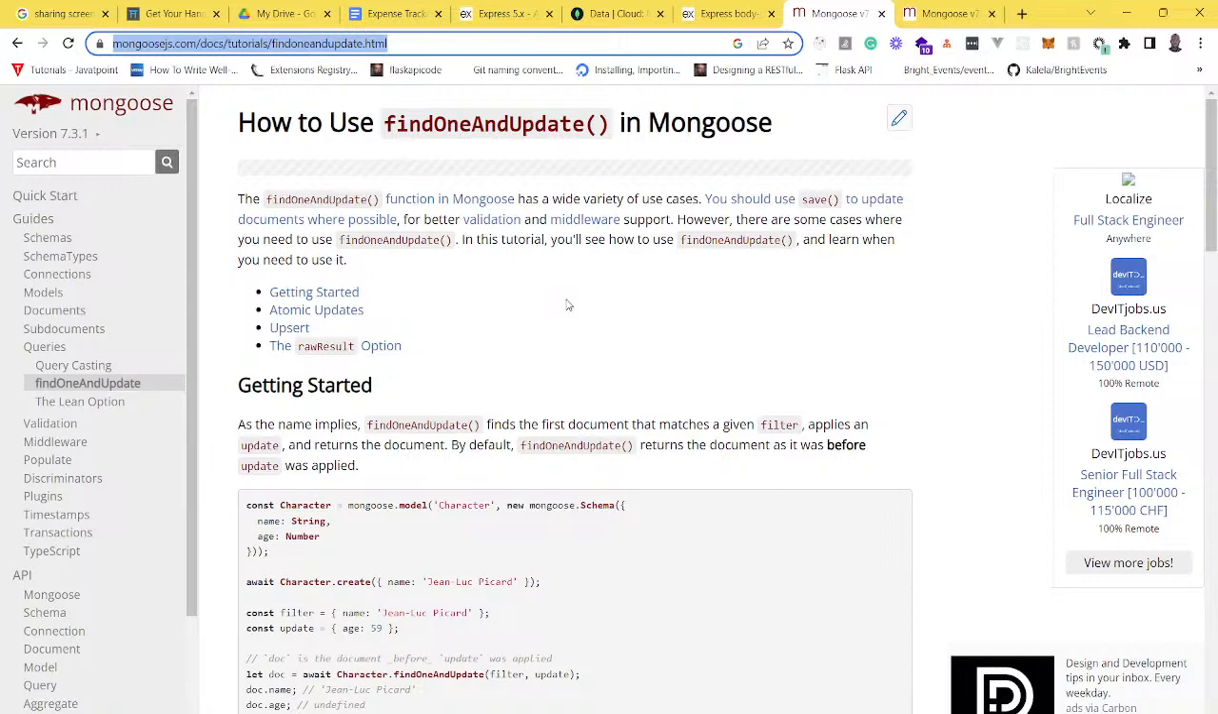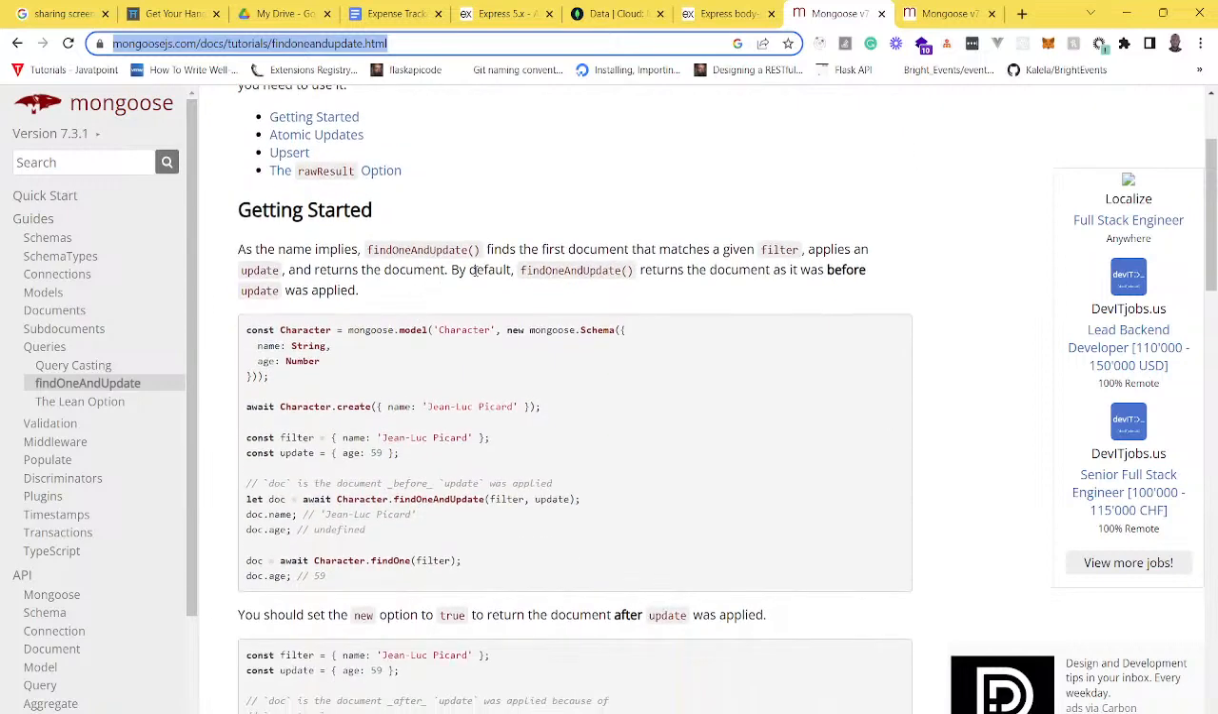So yeah, find one and update has a wide use of cases. You should use save to update documents where possible. That's what we need. However, in some cases you need to use find one. So find one and update finds the first document that matches a given filter and applies the update and returns the document. So if it returns us the document, what we need to do is